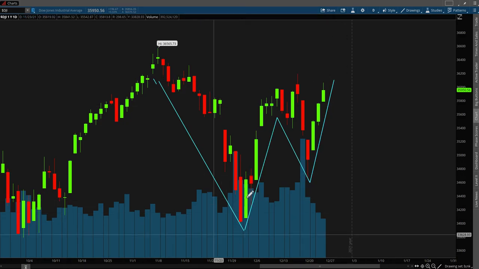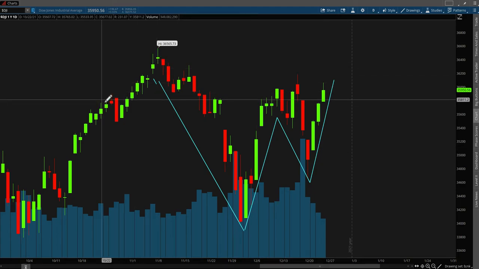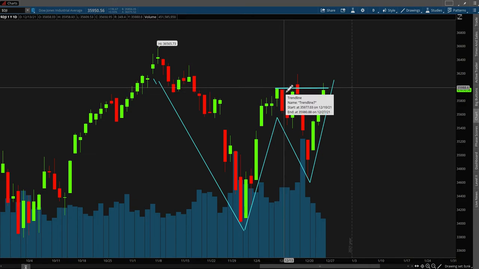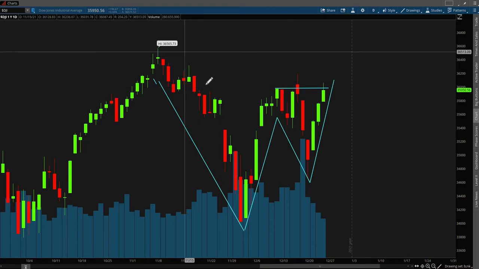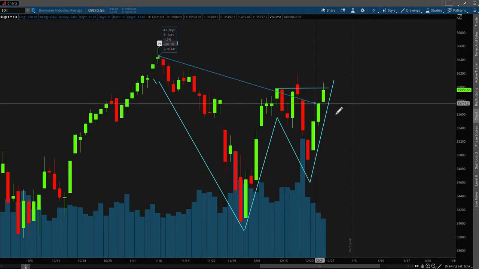So we got one on the left side right here, one on the right side right here, and if I were to form a baseline, it'd probably be right here, at the highest previous green candlestick over here. I would call this a resistance level, and what is that? That's about 36,000 points of resistance for the Dow Jones Industrial. So if we were to draw a trend line,